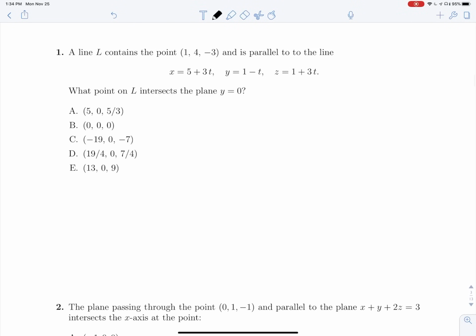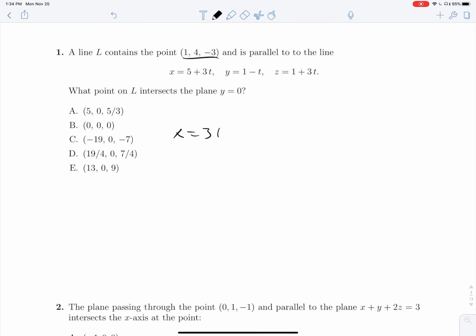Okay, question one. A line L contains this point and is parallel to this line. And we want the point on L where we intersect the plane y equals 0. So we know if we want a line parallel to another line, we have to have the same coefficients for t in both lines. So the form of a general line that is parallel to this line will be